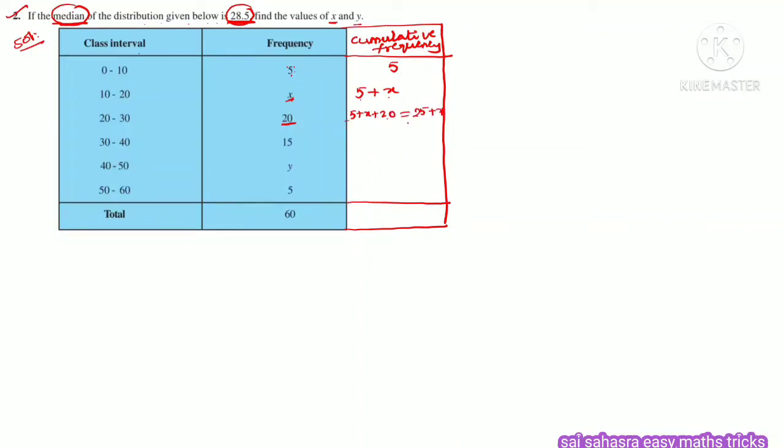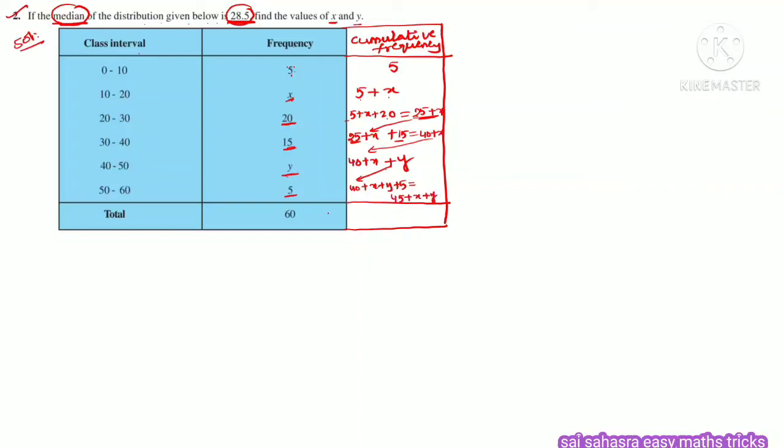Now previous addition, that 25 plus x, this value plus in this line 15 is there. 25 plus 15 is 40 plus x. Now previous addition, 40 plus x plus in this line y is there, y. Now this previous addition is 40 plus x plus y plus what is there, this 5. So altogether what you are going to get, 40 plus 5 is 45 plus x plus y.